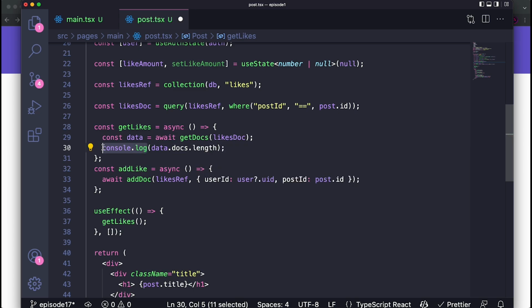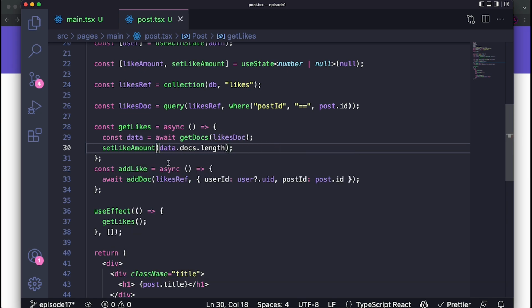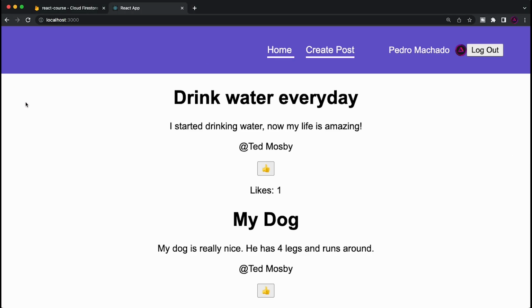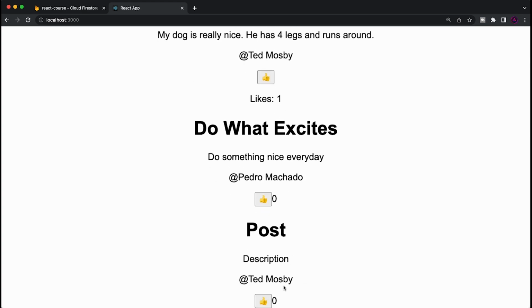But we're not console logging it. We're actually just setting the like amount to be equal to that. And that should be fine as well. You should see that now the posts which got a like have a like, and those which don't have a